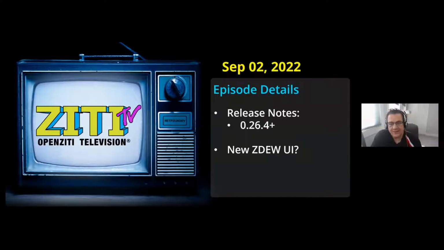And then instead of release notes, we have a special treat for those of you who are interested in running the tunnelers, particularly on Windows. I should have probably written out that the ZDO stands for the Ziti Desktop Edge for Windows. We have other Ziti Desktop Edges, particularly for Mac. We also have a couple mobile edges, iOS and Android. But we don't have a Ziti Desktop Edge for Linux yet. We're cooking on that. And that's what we're going to look at. So the ZDO, what's that all about?